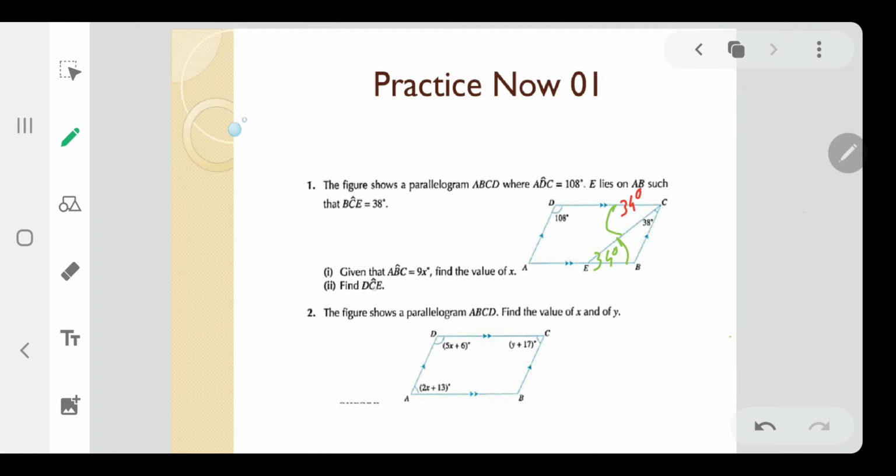Angle DCE is equal to 34 degree, right? So we have calculated